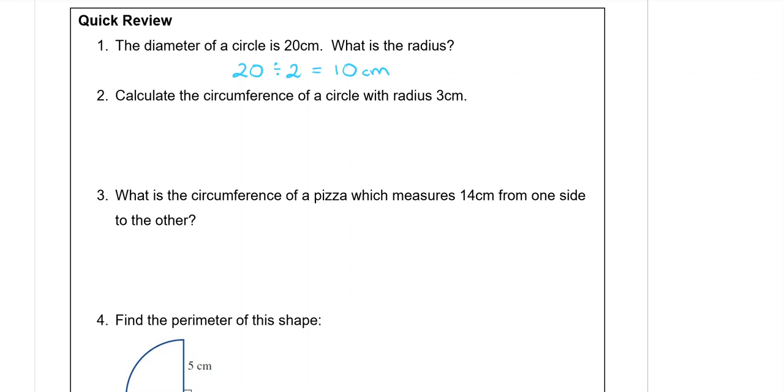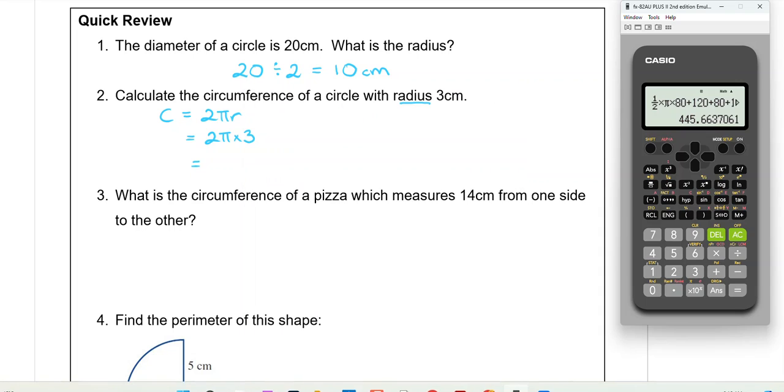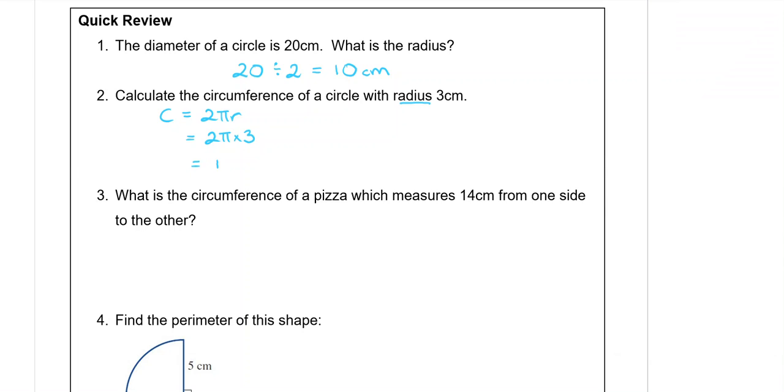Question 2, calculate the circumference of a circle that has a radius of 3 centimetres. Because I'm given the radius, I need to use the C equals 2 pi r formula. Second line, I'm going to sub in that the radius is 3, so 2 pi times 3. Then we type that into the calculator, and that equals 18.8